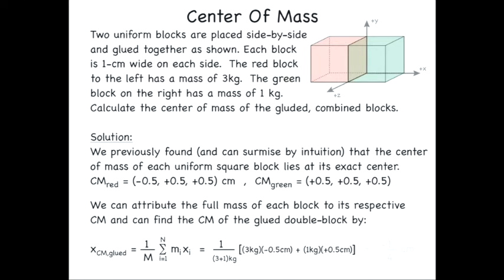So the only thing that matters is the center of mass in the direction where I have non-uniformity, in the x. So in that x component, I say, well, I know that I have a center of mass over here at minus 0.5, and I have another center of mass over at plus 0.5. One has a mass of 3, one has a mass of 1, and so I end up with minus 1/4, right, which tells me